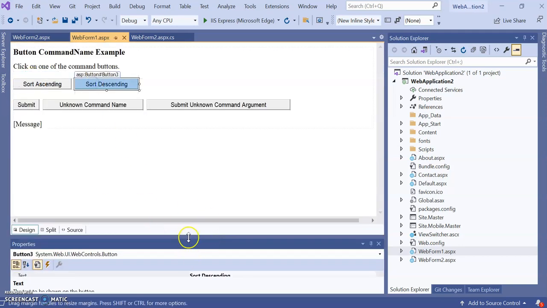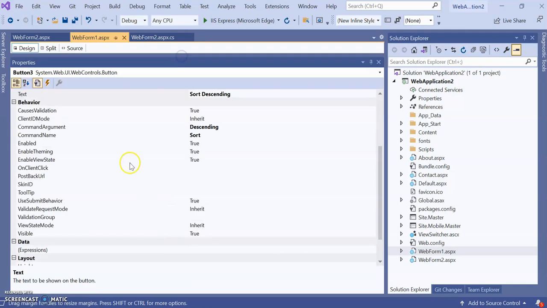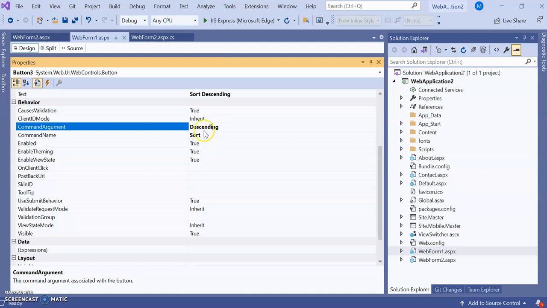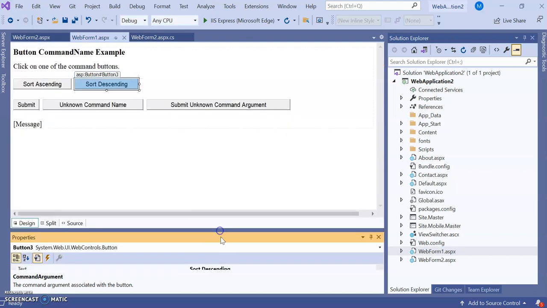For the second one, Sort Descending, let's see its properties. The command name is Sort and the command argument is Descending. So both have the same command name. So with a single command name, we can create multiple buttons, that is the use of the command name in a command button, and along with that we can associate